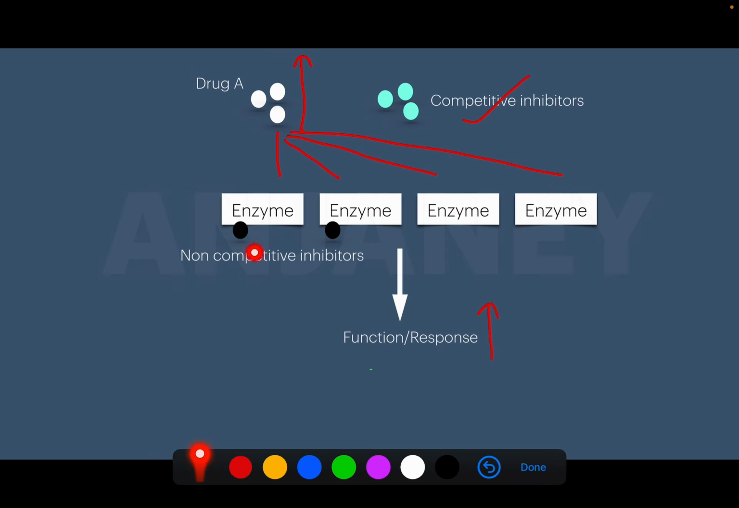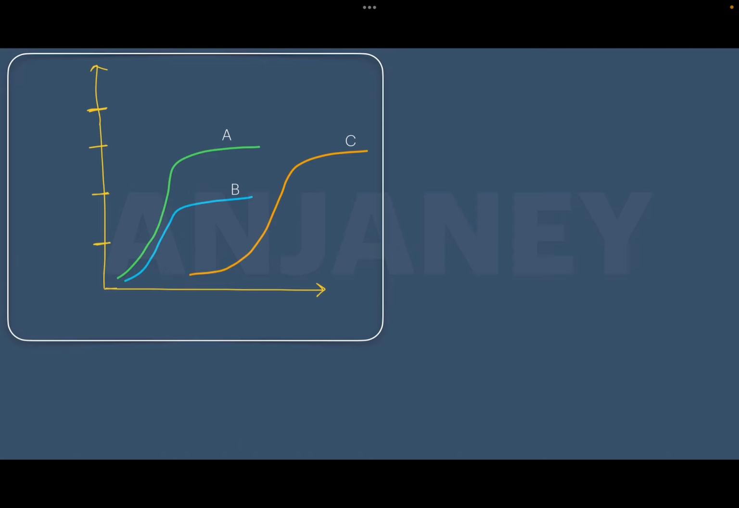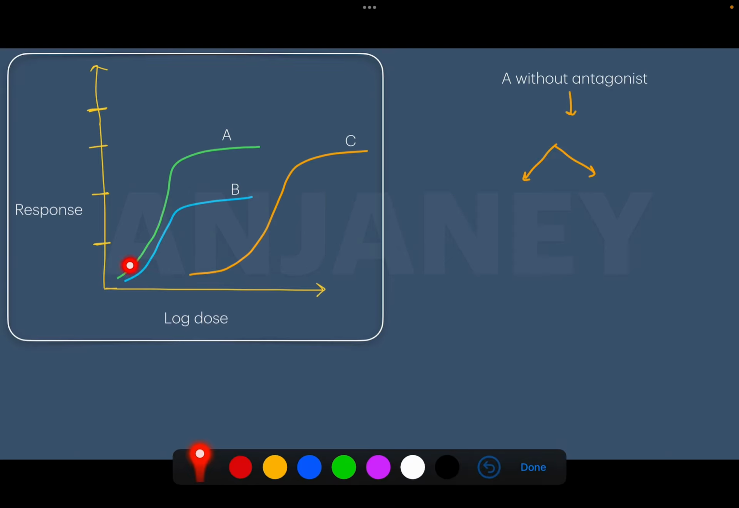But in the case of non-competitive enzyme inhibition, these two enzymes are permanently gone, they are not functional. So even if I increase the dose of the drug, only two enzymes are there to perform the function. So in non-competitive inhibition, increasing the dose doesn't help. In the same way, here we have this graph A, which is without any antagonist,